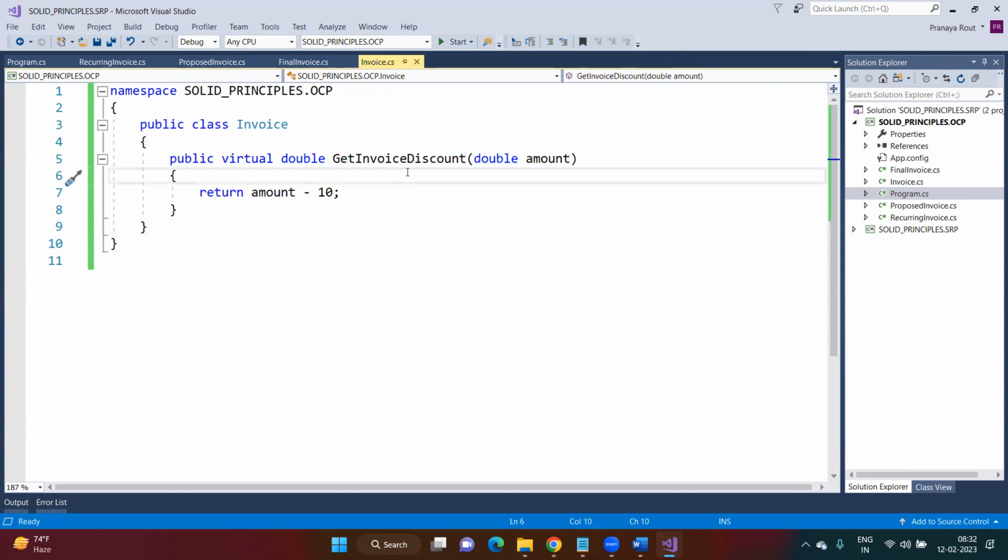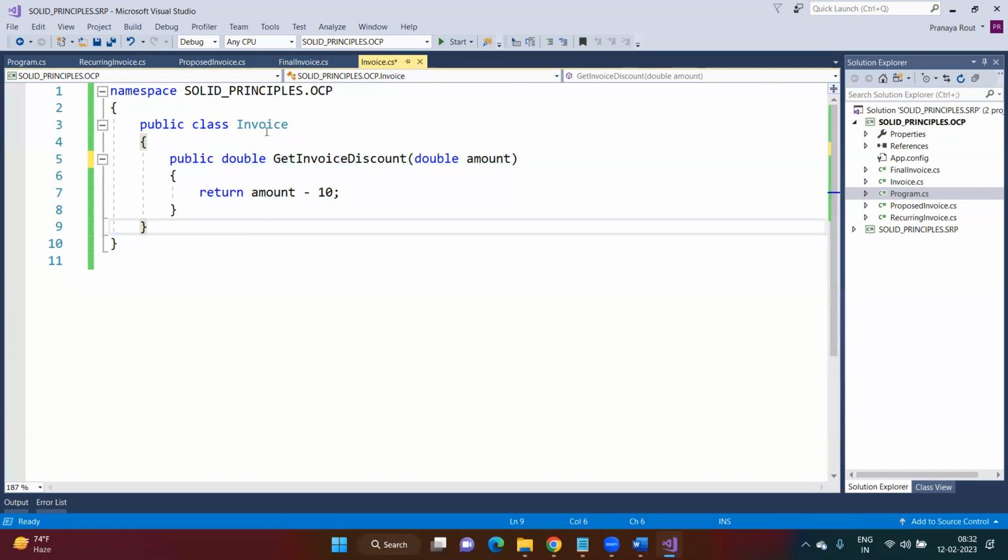See, initially the client says, I need to calculate the discount. So what you did, you just create this class, and you don't make this class virtual, and you just declare this one. That is the initial requirement, right? And you just need to create an instance and call this method. It will give you the discount amount. That is the initial requirement. Later on, the client decides